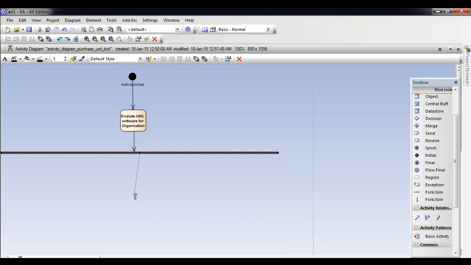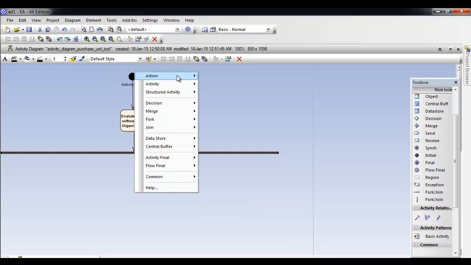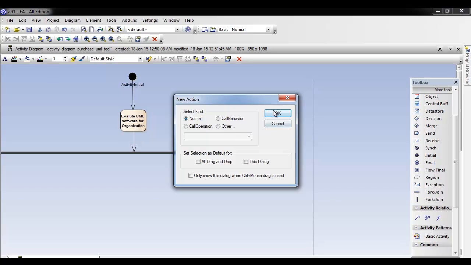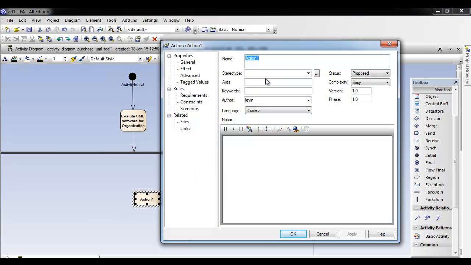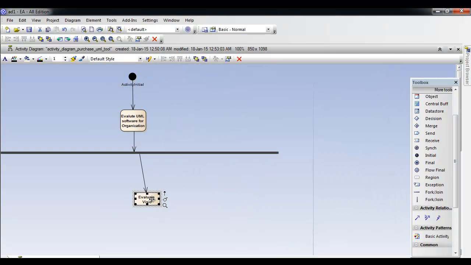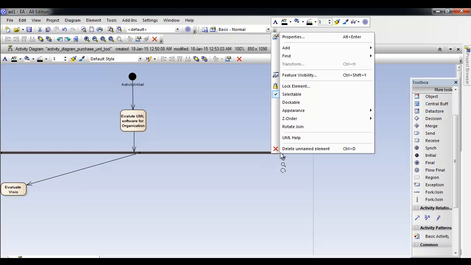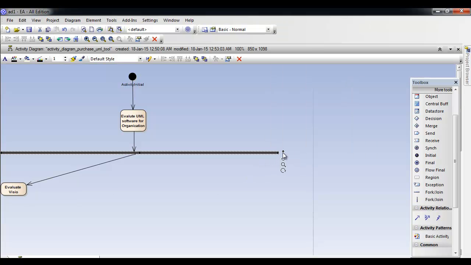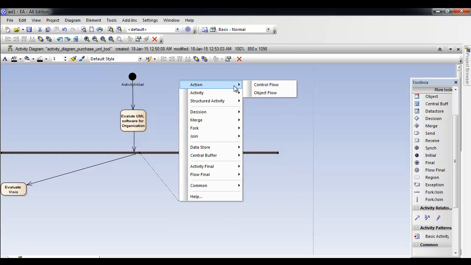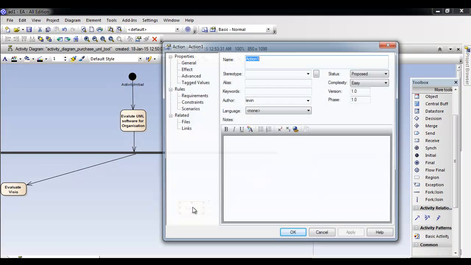Let's add another action this time. So action control flow, and I will say OK, and in this name I will say evaluate Visio, and that being done, it comes here, and again I go here, drag this thing, and say action control flow, leave it as it is,